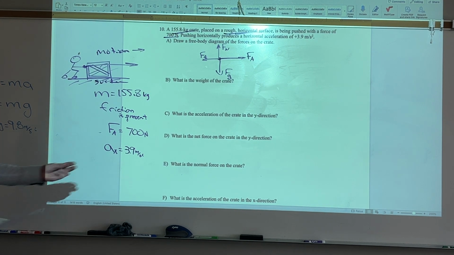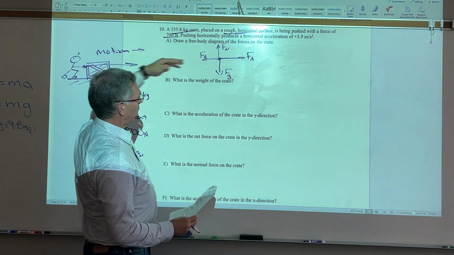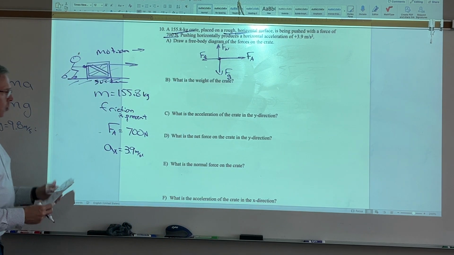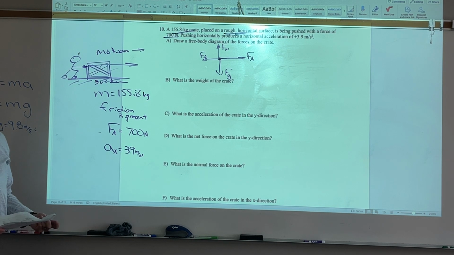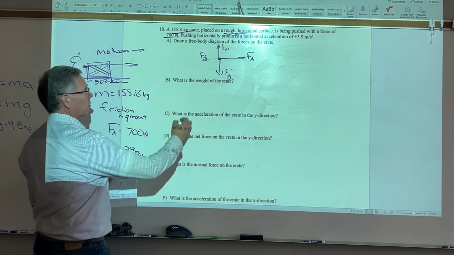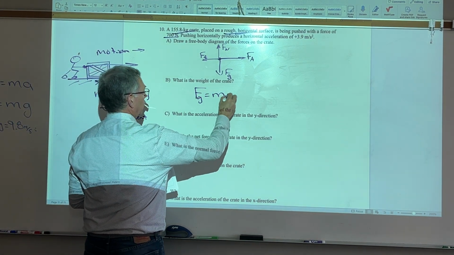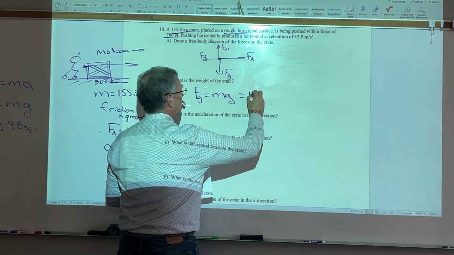If you look, it does have vectors in the Y direction and vectors in the X direction. So we're going to use both equations: forces in the Y direction, and forces in the X direction. Starting here with the weight, M times G, so 155.8